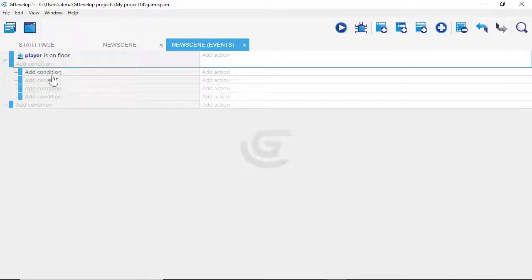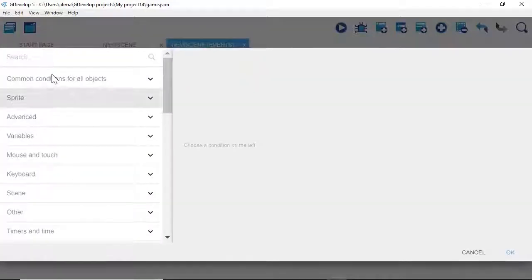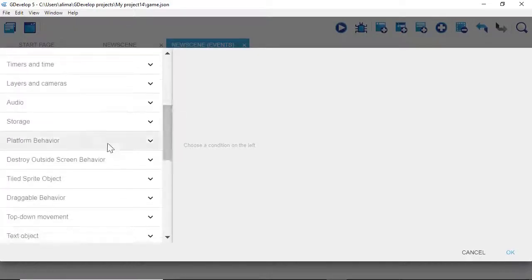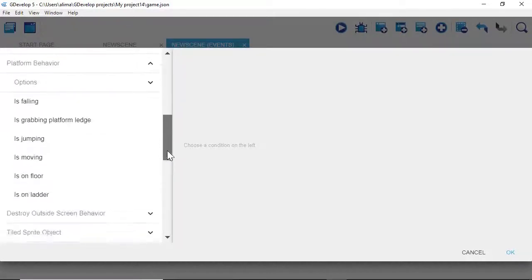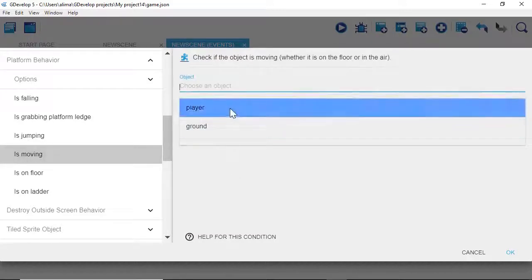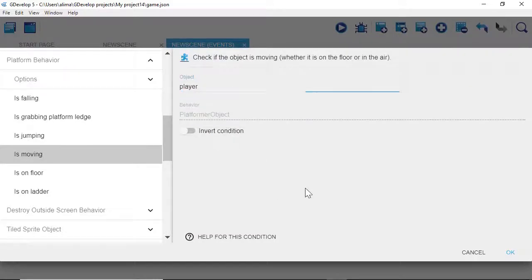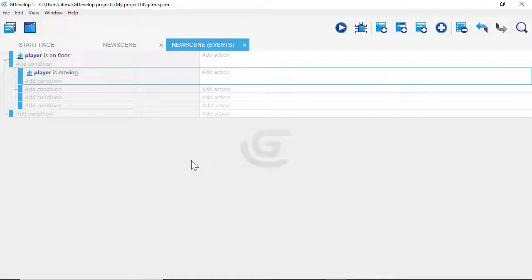Okay, so what we want to do here is go to add condition. We're going to go down to platform behavior, and then we're going to click is moving. We're going to select player. Since the player is the thing that's moving, we're going to click OK. Now the reason why we're doing all this is we're setting up the animation for our player to move. So we're saying when the player is on the floor as well as moving, we want